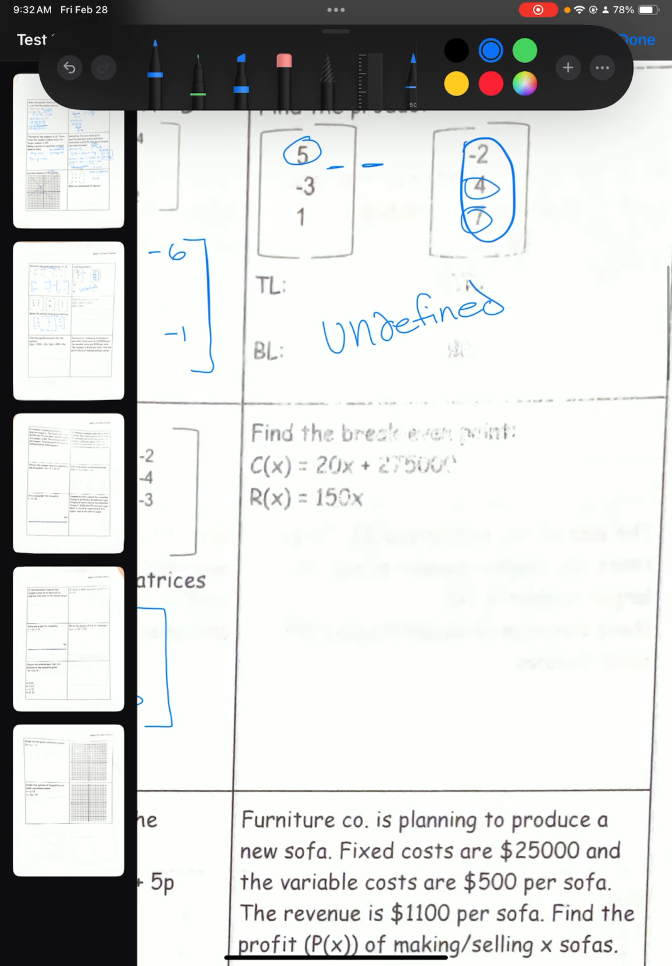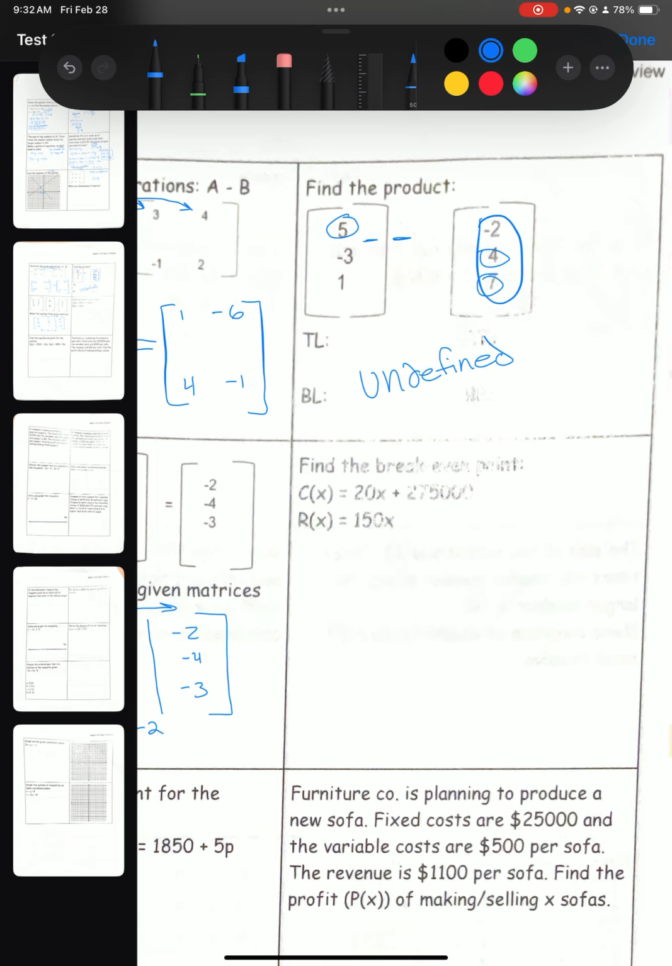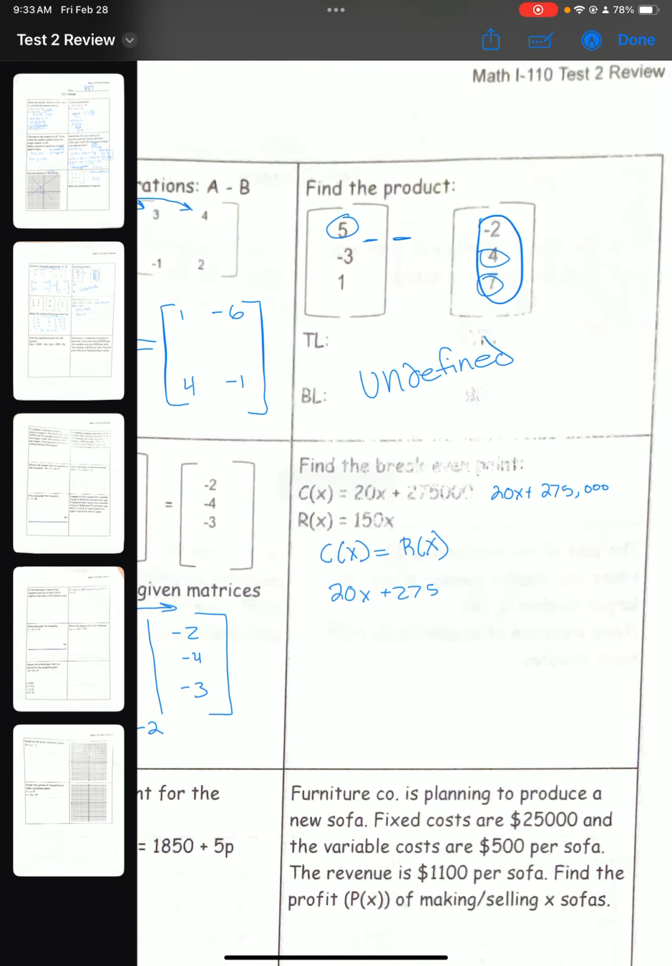All right, next one. Find the break-even point. Sorry, this is really blurry in here, but it should be 20x plus 275,000. There we go. So from here, the break-even point is when the cost is going to equal the revenue. So from there, our cost, they tell us, is 20x plus 275,000